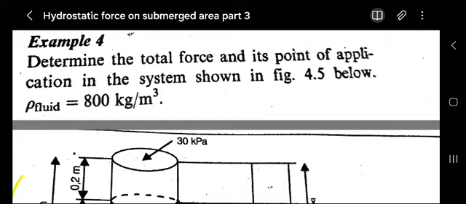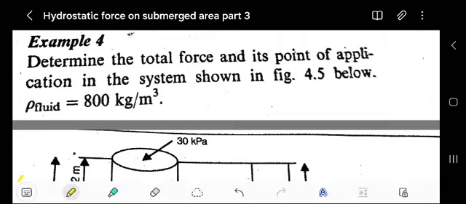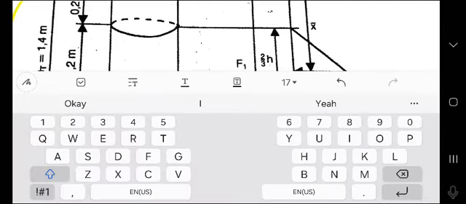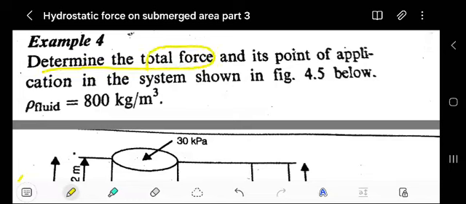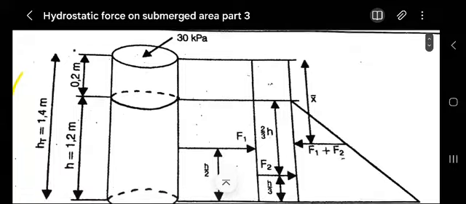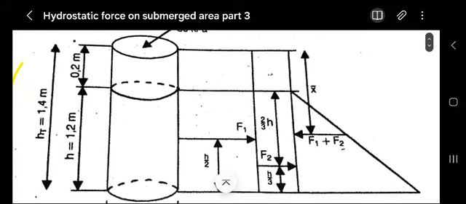We're given example 4. It says determine the total force Ft, the total hydrostatic force, and its point of application in the system. In figure 4.5 below, we've been given a fluid density of 800. Given these two objects like that,